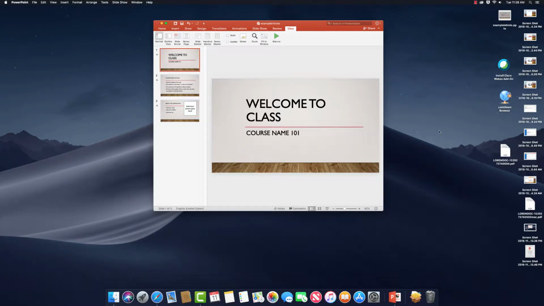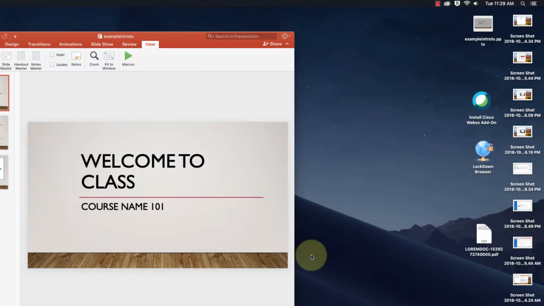So what I'm going to do is I'm going to play this slideshow as if I was broadcasting it to a class. So I'll do the full screen slideshow, and then I'm going to record over it with the QuickTime Player. So the QuickTime Player can be found by coming up to the search bar up in the top corner